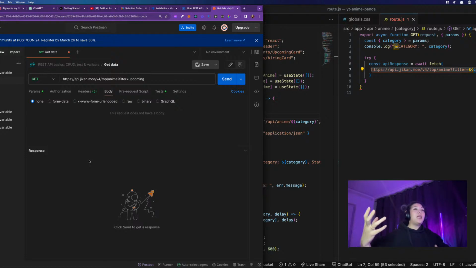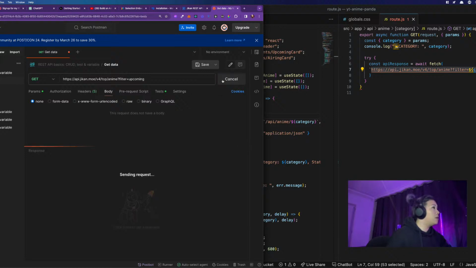Now, in order to get data, with POST, if you post something, you want to change something with the API. You want to write data in that database that you're asking the API for help for. But in GET not. But still, we wanted to get certain data regarding a certain specific category. So how did we do that? We solved that by using params. Okay, so here, get data, if I do send,